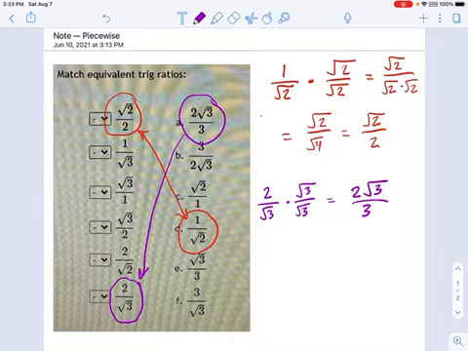So just get a little practice multiplying fractions by crazy ones, and you should really memorize these things, like what 2 over square root of 3 means. That's 2 radical 3 over 3. You have to be comfortable writing these things in both their rationalized and unrationalized forms, because sometimes when you're doing reciprocals of trig ratios, you'll end up with a square root on the bottom, and you might not know what that square root on the bottom means. You have to be able to go back and forth very fast.